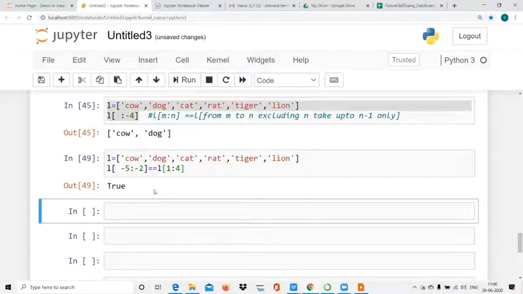True. Either you do it like this or this, both return the same list, or more precisely, the same ordered list. If the order is not the same, it will not be the same list. Okay.